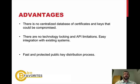Talking about advantages of the REMME system, there is no centralized database of certificates and keys that can be compromised. So we're talking about a distributed architecture with no single point of failure. There are no technology locking or API limitations. There's easy integration with existing systems. There are no additional fees for different certificates or credentials in every CA. There are no possibilities for collusion between software and hardware vendors, and limited count of CAs. That's very important. Fast and protected public key distribution process,